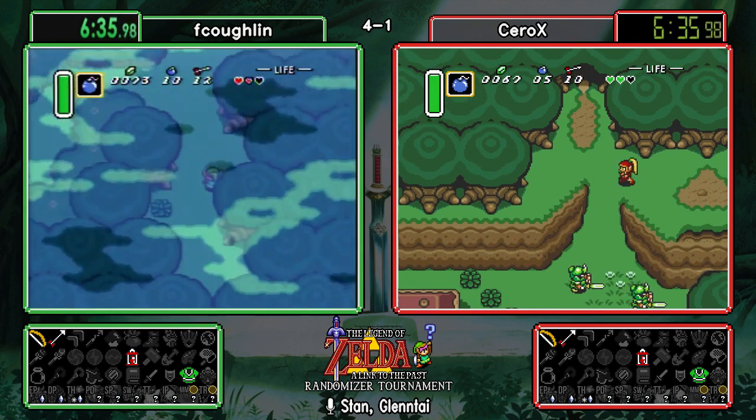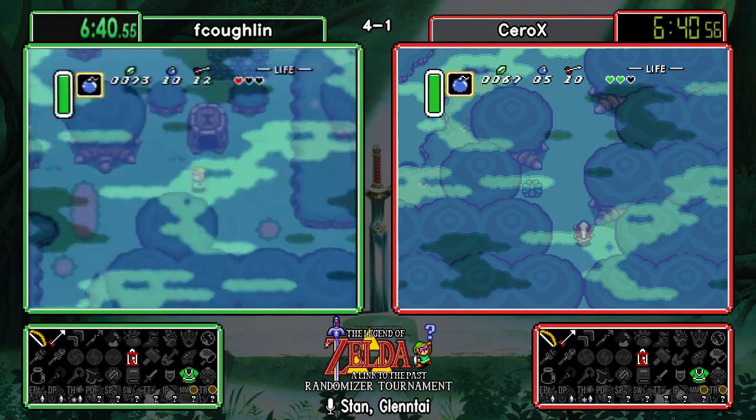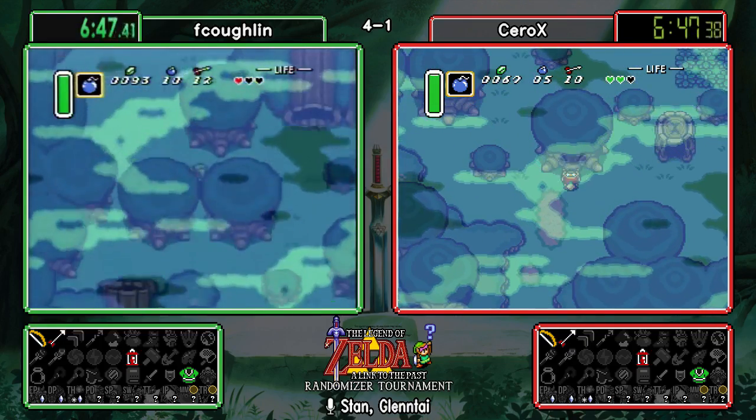Oh, interesting. Both runners opting to go for the southern entrance into Skull Woods. Lost Woods. I mean...